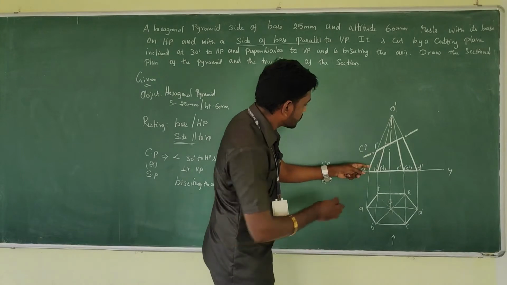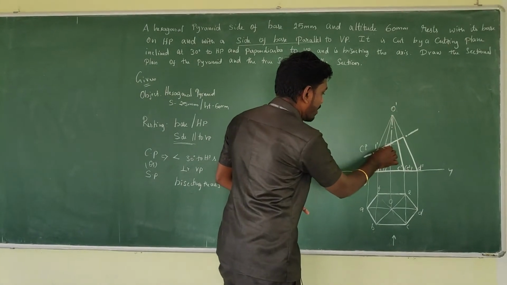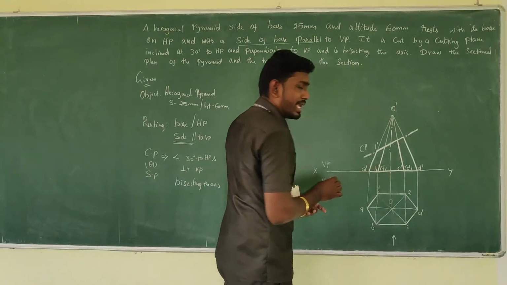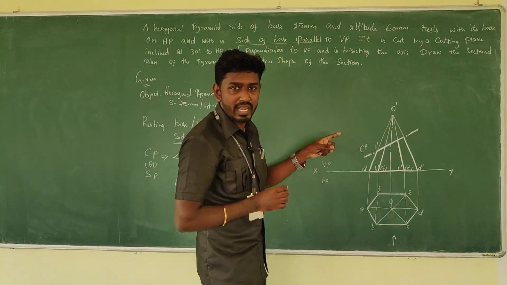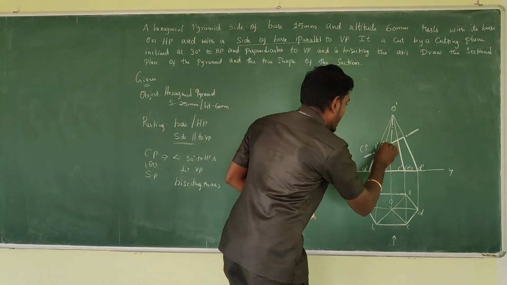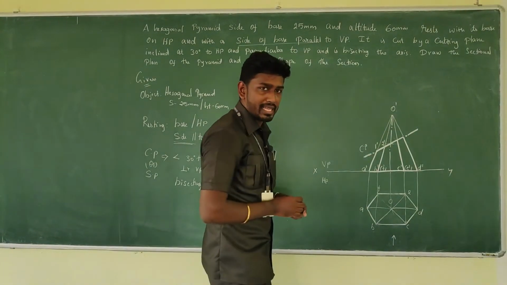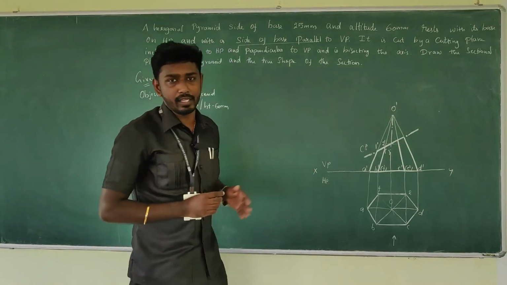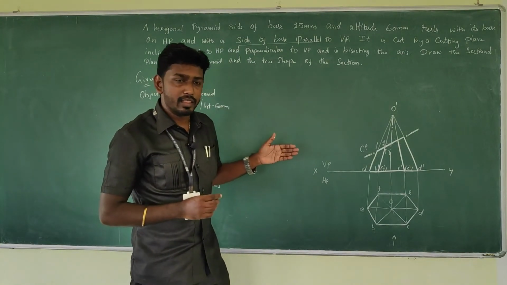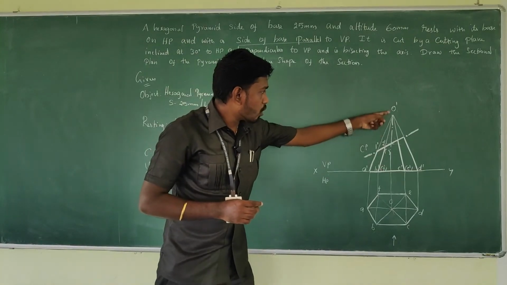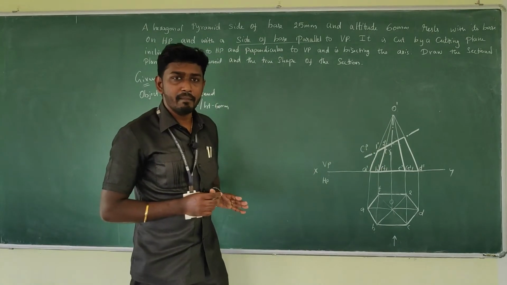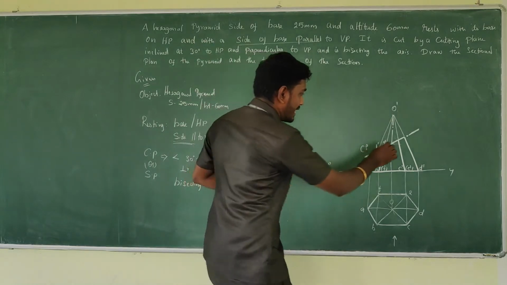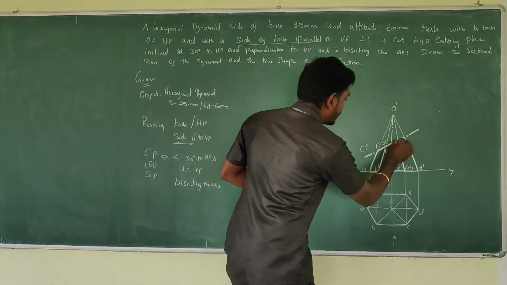Here you can see it is between O to B slant edge and between O to F. One is visible and another one is invisible. For the visible one I am going to give 2 dash, and for the invisible one I just open a bracket. Behind, there is an edge O to F. It is invisible, but I am leaving it. Okay. I am giving the name for the visible one, and then go to the next portion.